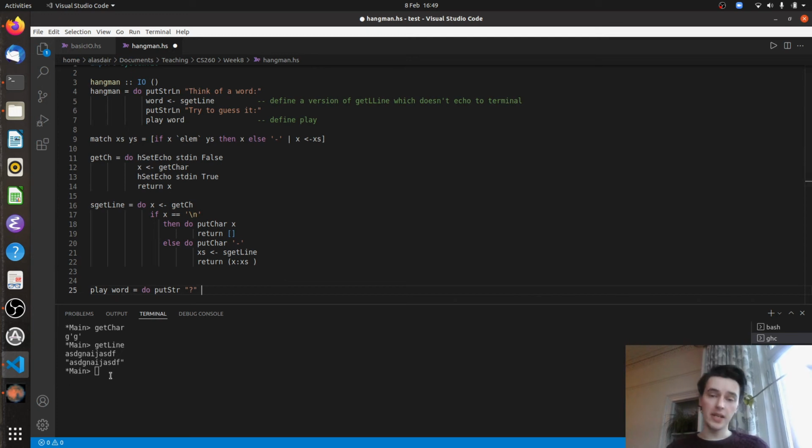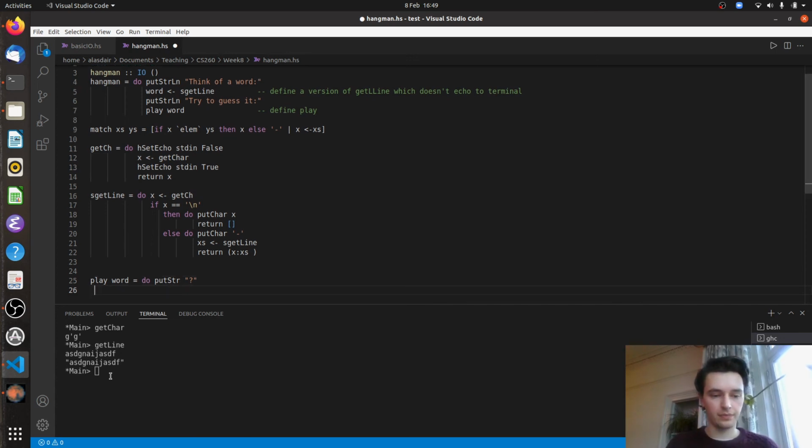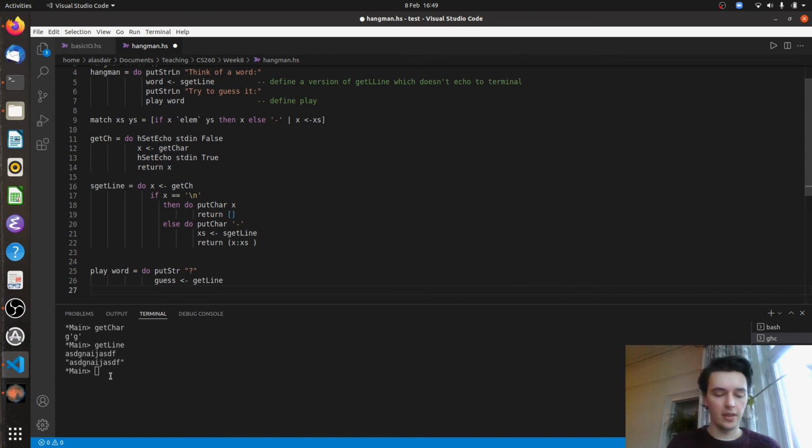So in the same way that we have main for prompt to let us know that the computer is waiting for our input, we'll put in the question mark so that the user knows it's their turn to guess. And then we'll do guess equals, or actually no, it comes from get line. So here we don't really mind if it echoes to the terminal because this is the user's guess, so they know what they've guessed, and this will give them a little bit of a hand in guessing what the actual word is. So we get their guess from them, and we want to say if guess equals word,